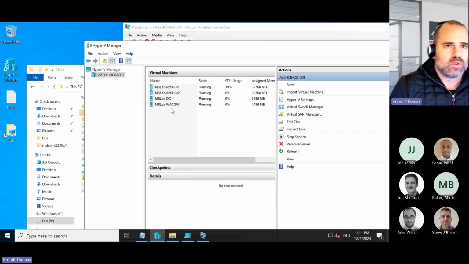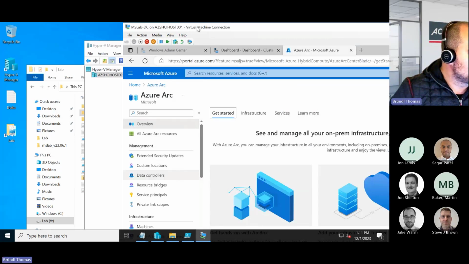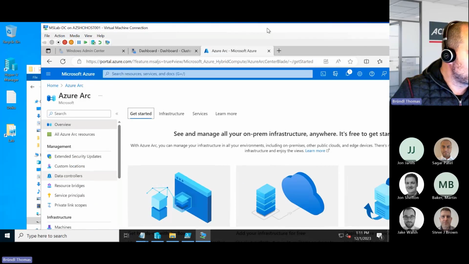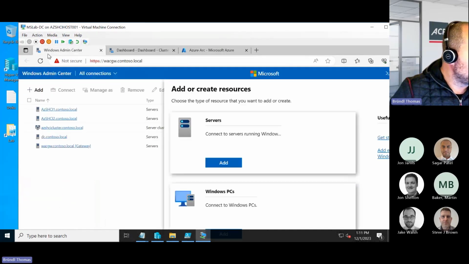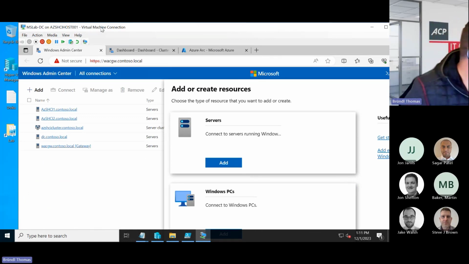And so you have a central station to manage everything. So I will switch to the domain controller now. And here you can see I opened the Windows Admin Center. I have already added the servers and the cluster, and